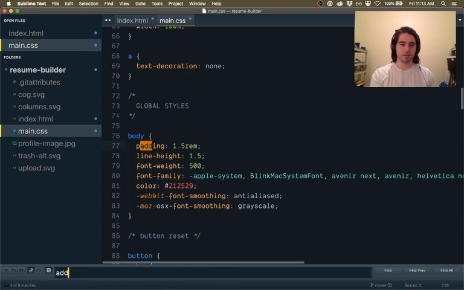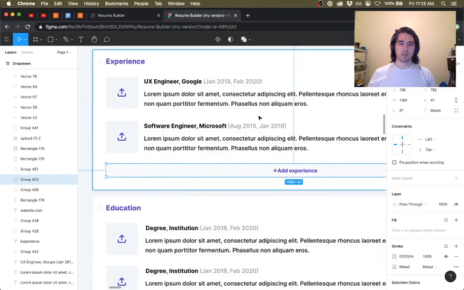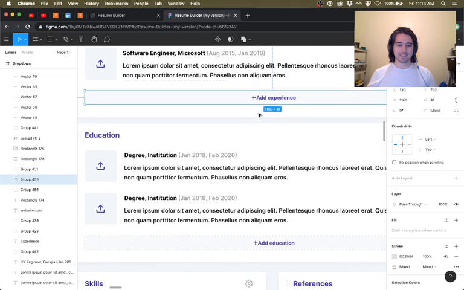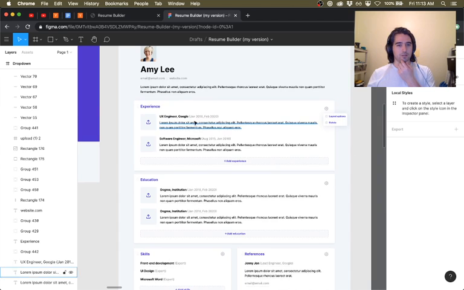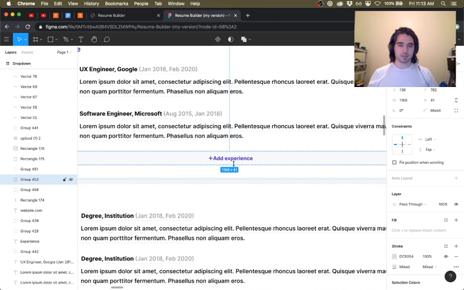Button, add area. Okay, so we're going to have a border of 2px dashed with this color. We're also going to say add, oh no, so, okay, so this is an issue. So all these areas don't know what they're called, like they shouldn't know what they're called, so this is difficult, this add experience thing. Now we could,